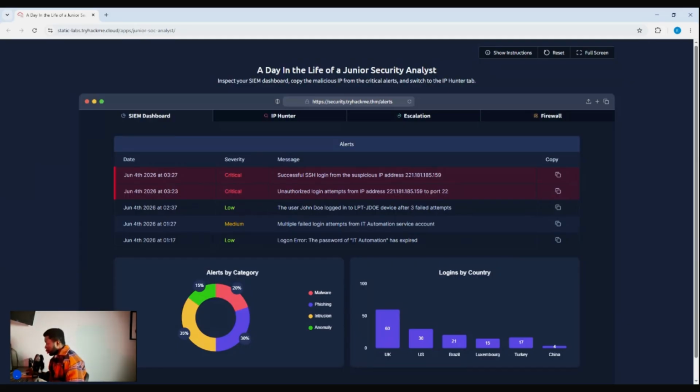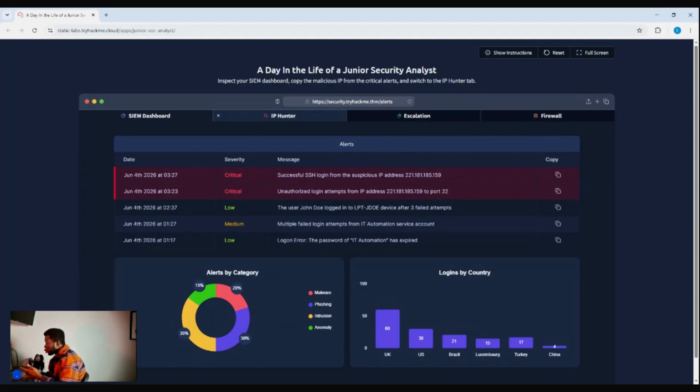In this particular situation, after the junior SOC analyst has done his bit analyzing and categorizing each alert according to their severity, the next thing that he does is to escalate this alert to the SOC 2 analyst. And how will that be done? He will come here where we have the copy, all right? He will copy this, move down to the